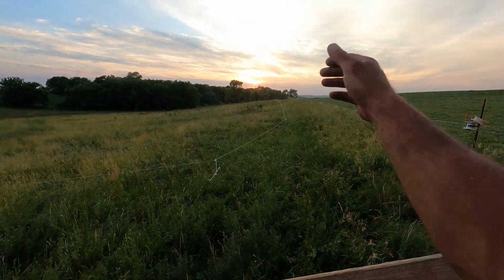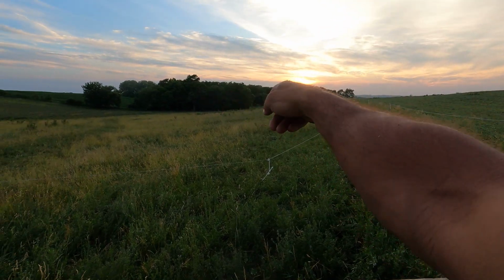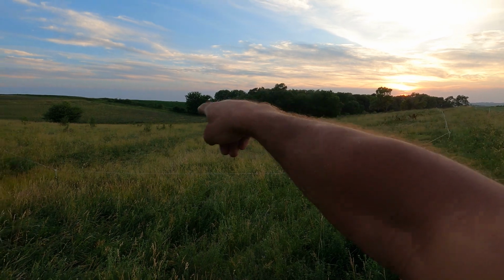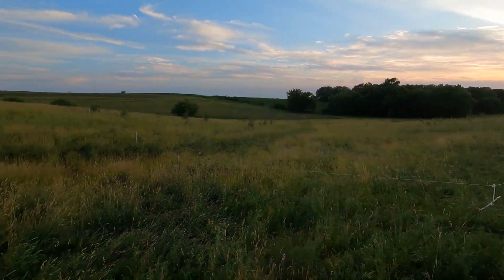And then what we'll do is we'll bring the alleyway down that hill next to that fence, and then we'll just go alongside the fence that I've got put up down there. So